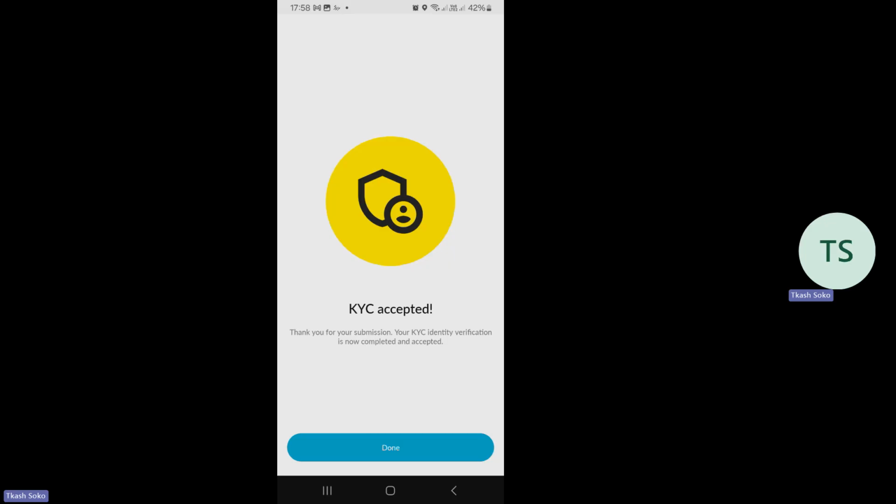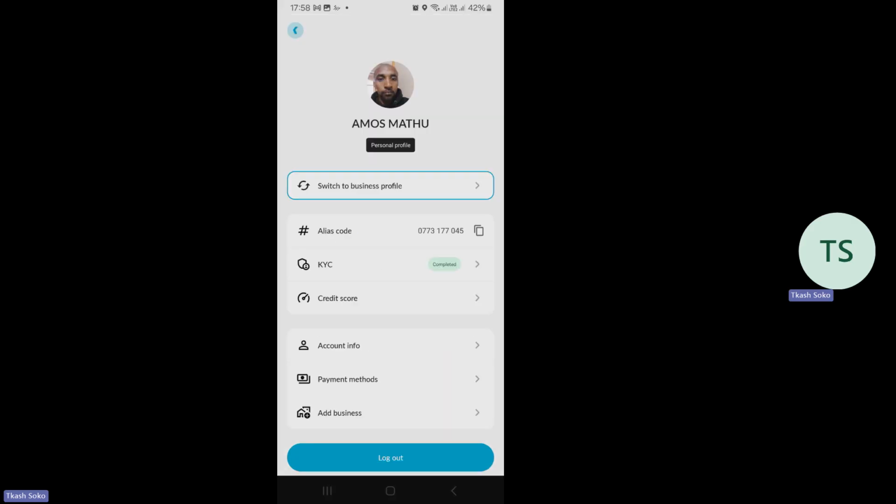Know your customer. When you complete it by scanning your face and uploading the two sides of your ID. And for it to be completed, lazima uso yako na picha iko kwa ID zimatch. Zikimatch, KYC yako inakuwa completed. Ikikuwa completed, ikikuwa accepted, then you are able to see this KYC completed.